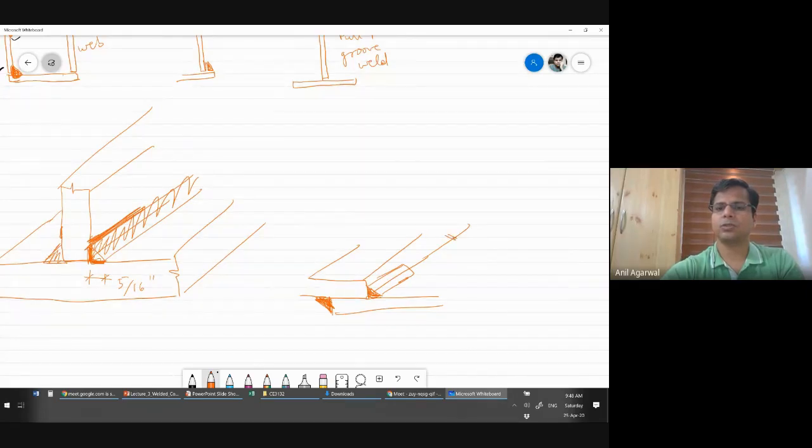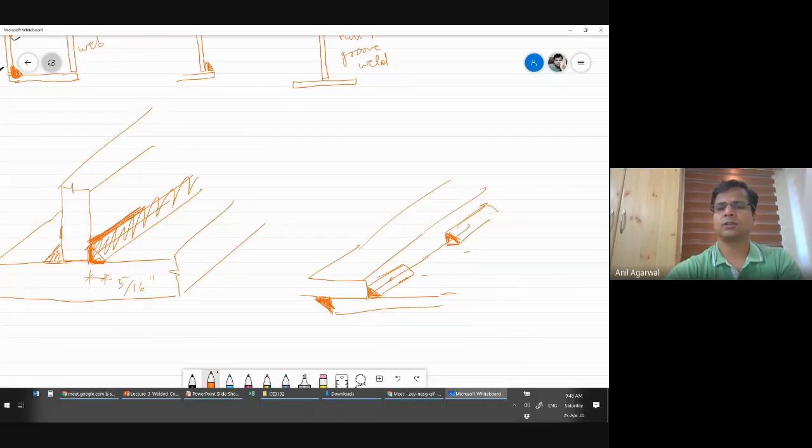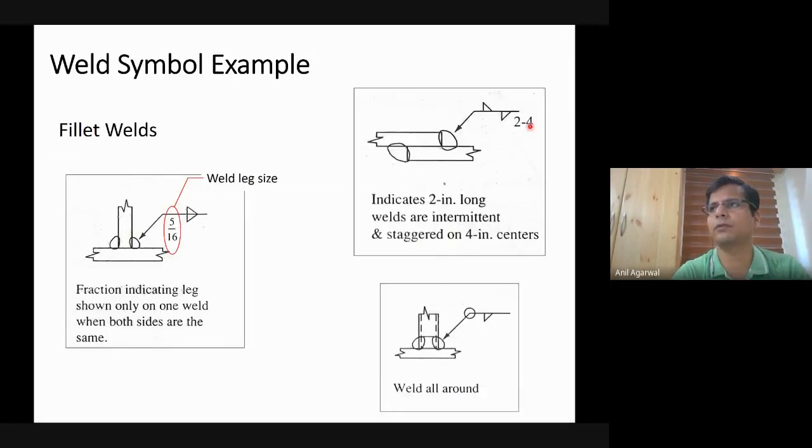Then there is a gap of 2 inches. Then another weld is provided. So this gap is also 2 inches and this weld is also 2 inches. Therefore the gap from center to center is 4 inches. The gap from the center of this weld to the center of this weld is 4 inches. So 2-4 means this. And these two, unlike in this case, these two triangles are